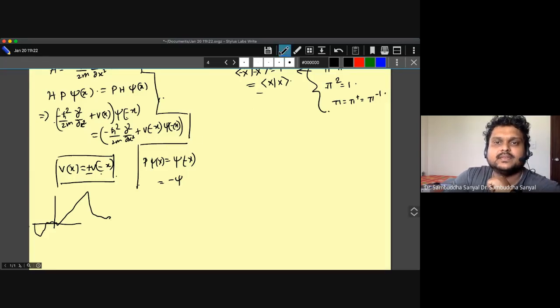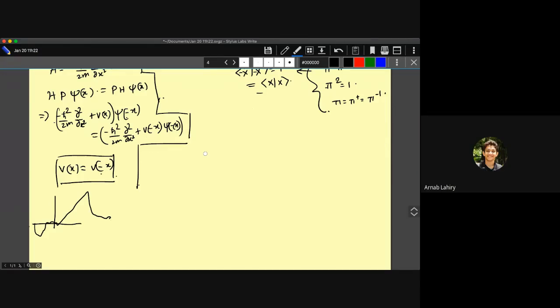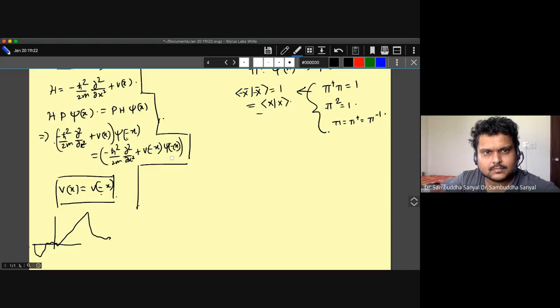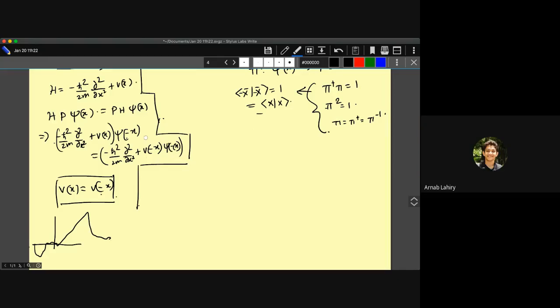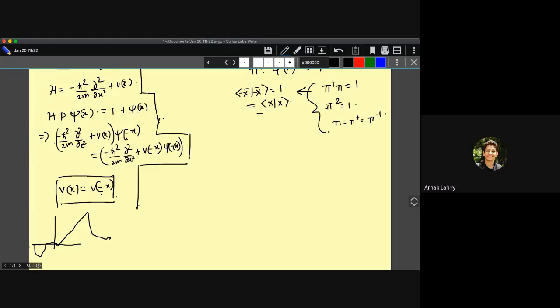Yeah, I don't think it will be satisfied for odd functions, so it will be just this. Sir, thanks for correcting. I didn't understand one part. H of psi, and then the parity on psi(x) will give the Hamiltonian and psi of minus x. So the parity operator P acts on psi(x). P is acting on both H and psi, right? Okay. Together. And H and P will act only on psi(x).